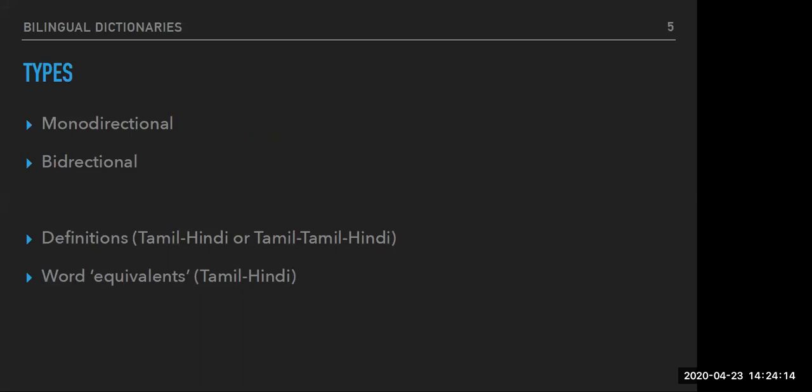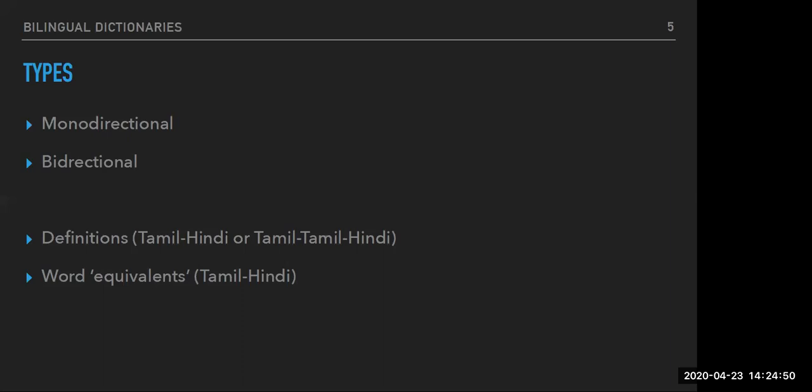There are various typologies of dictionaries, I guess you could say, like advanced learners dictionaries, those kinds of things, but these are the main types of bilingual dictionaries that I'm dealing with here. So there are definition dictionaries, where lexicographers call these many different things, but a definition dictionary is basically where you have the headword in the source language, and the target language does not give the equivalent of the word. It just defines what the word means.